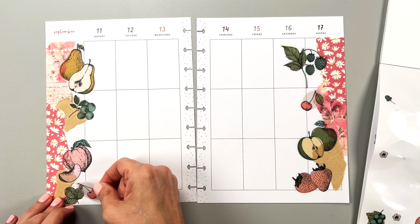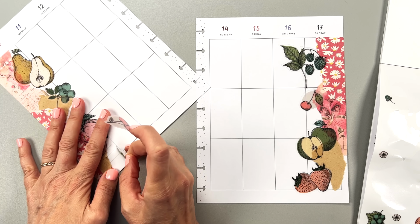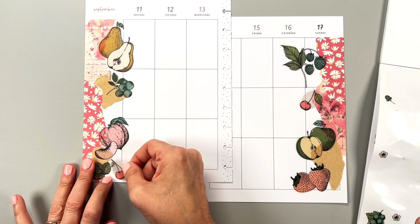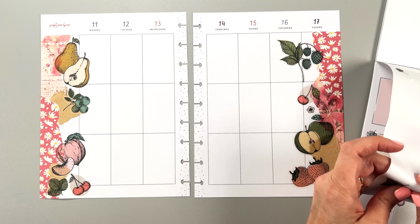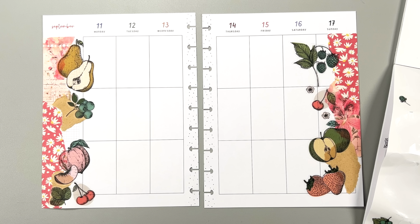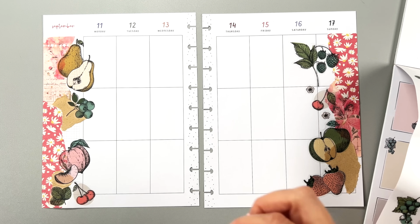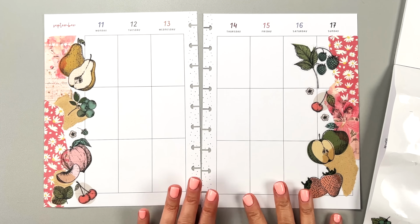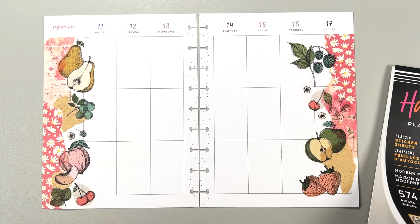I sort of want more cherries over here. I think I should have put those here and that one here. Let's move that. Let's put a couple of these little flowers around the cherry just to make it a little busier on this side because this side was lacking. And maybe something right there. Maybe some of those little flowers there too. Like this little guy. Okay. That looks so cute so far. I almost could just leave it alone because it's so cute,